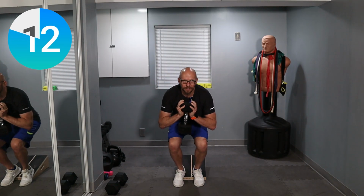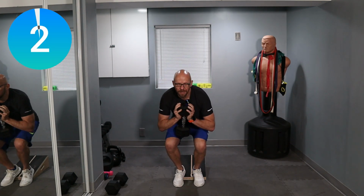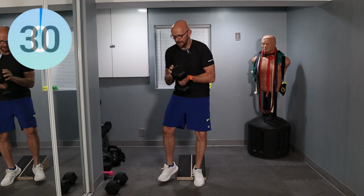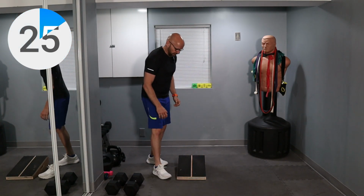Some of these exercises I will use a dumbbell, some I might not use any weights at all. 5, 4, 3, 2, 1. First exercise is done. We get a 30-second break. I'm gonna flip this on over